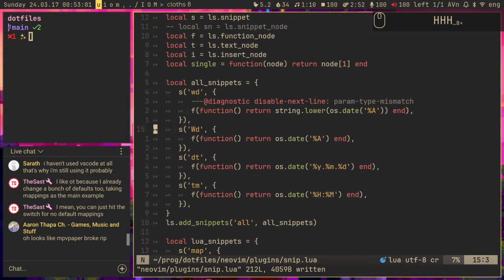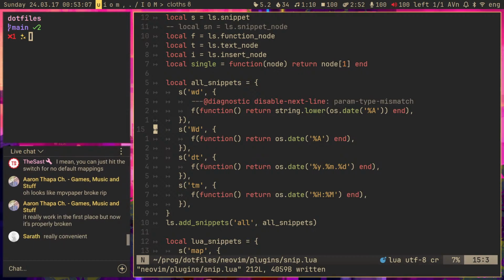Oh, looks like MPV paper broke, rip. MPV paper? What's that? It really worked in the first place, but now it's properly broken. It's really convenient, that's true. Like, I can see that, but